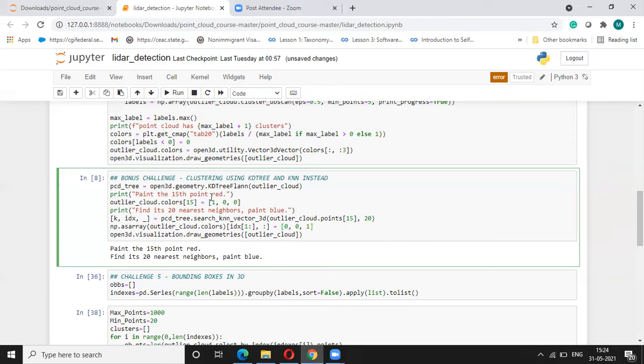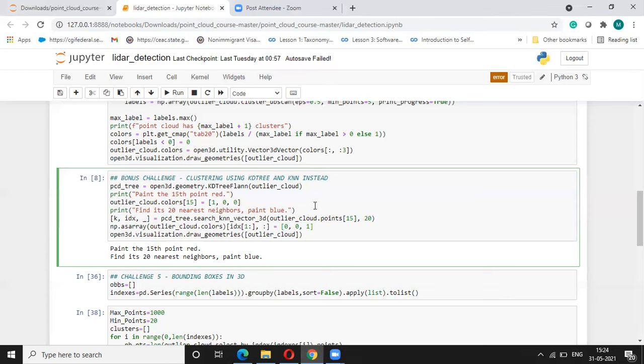First of all, using this Open3D KD tree flann method which operates over the outlier data, we get that pcd tree, or KD tree. Then we operate over that pcd tree. First of all, we need to provide some anchor point, which is mentioned over here. It is point 15, and then we see the 20 points nearest to that point and consider them part of that cluster.